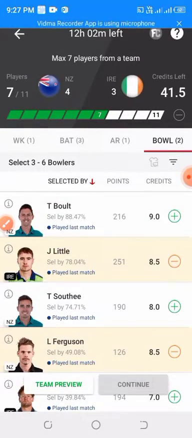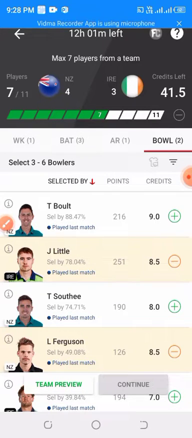So now look at Trent Boult. Trent Boult nowadays is not bowling at the death. In the initial powerplay overs, he is bowling 3 overs in the powerplay. So Trent Boult's current form is looking good, but this being a batting pitch, Boult won't get much assistance on this pitch.